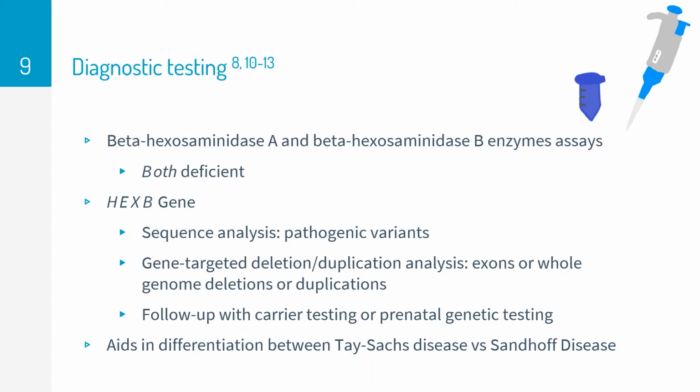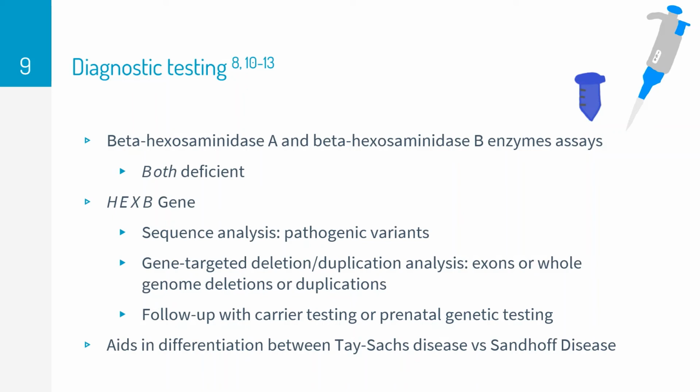Laboratory diagnosis may begin with performing enzyme assays for beta-hexosaminidase A and beta-hexosaminidase B. In Sandhoff disease, both enzymes will be deficient. Molecular genetic testing can also indicate Sandhoff disease by testing the HexB gene. Sequence analysis can be used to identify pathogenic variants in the HexB gene. Additionally, gene-targeted deletion or duplication analysis may also be utilized for patients that have deletions or duplications of exons or